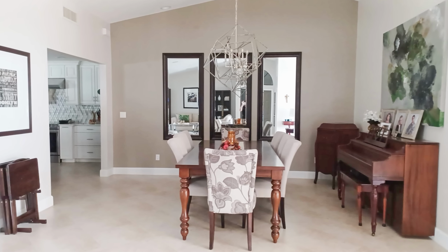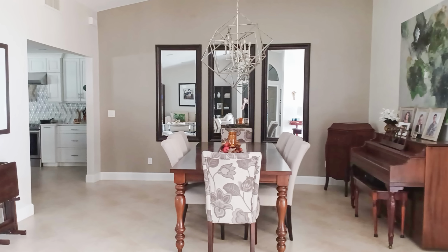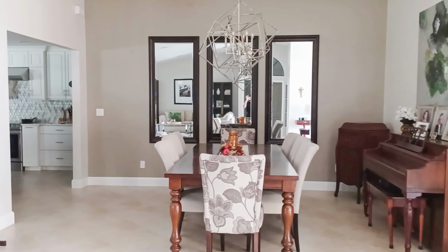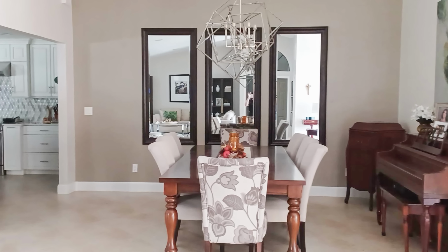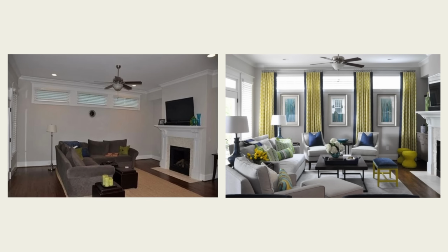So, first of all, what I'm going to say about this dining room is that the reason why she doesn't like her mirrors is because they just seem very run-of-the-mill, off the shelf. We've seen a million of these espresso frames, but in actual fact, the room that I don't think she saw was this one. Look at how this room doesn't even have the art that fills up the space where the